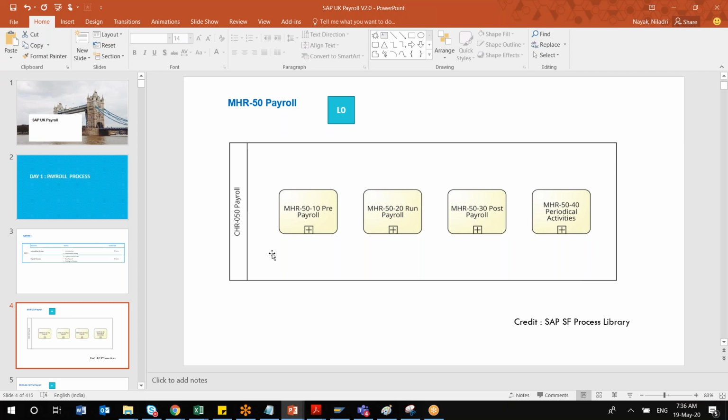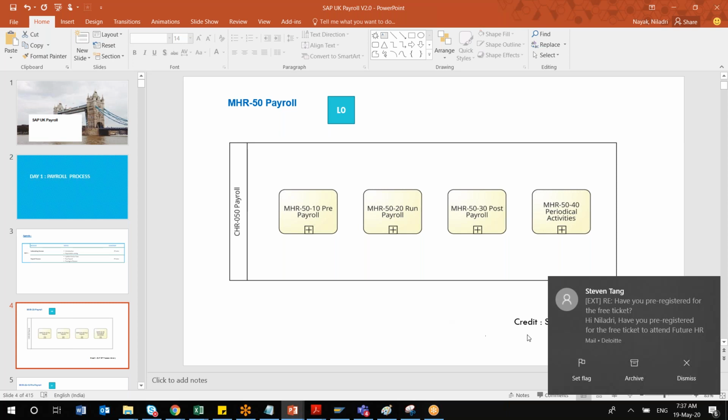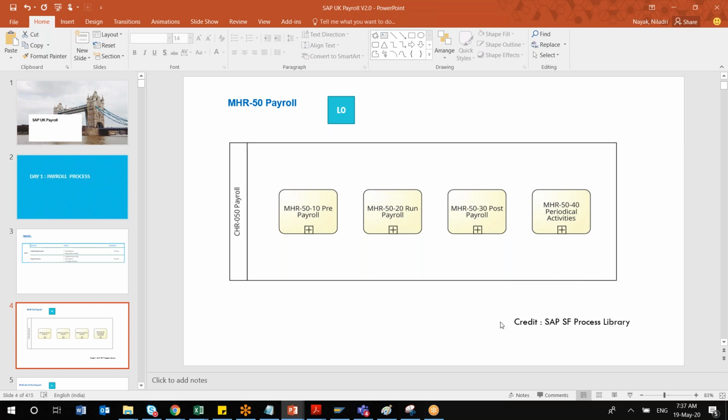It is posted as a document, and they will verify whether all the credits and debits happened against each and every cost center, because the employee is aligned to a particular cost center, department-wise. So they check whether the total credit and total debit happen correctly or not. Those things you have to see in the payroll posting part. That is the third process of your payroll.